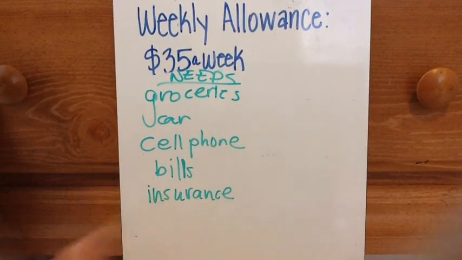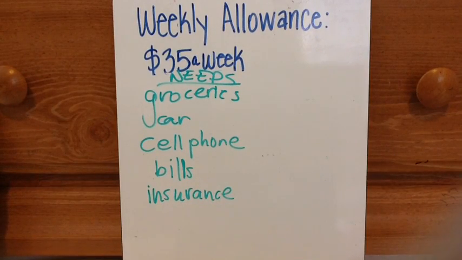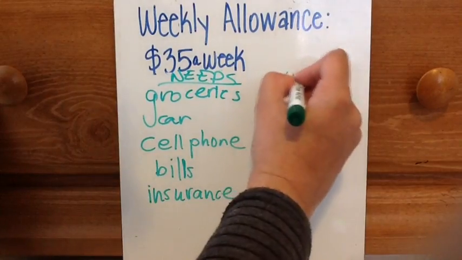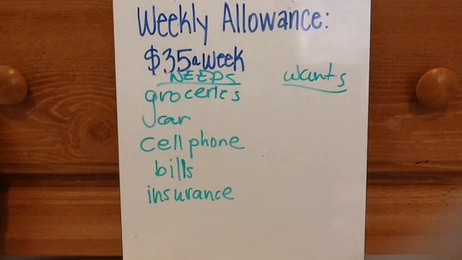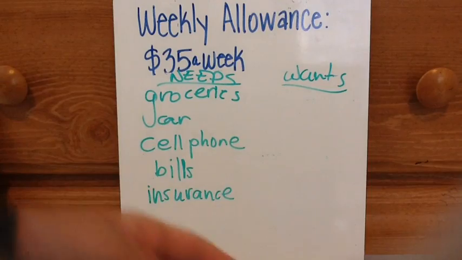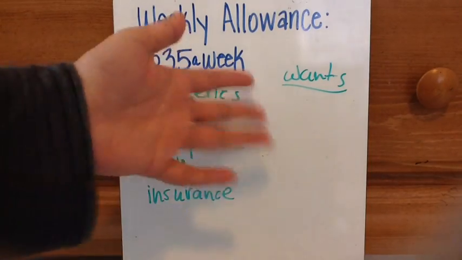Those are just some of the things that I have to put money aside for. Like if I take my paycheck and I put away my savings and my sharing amount and now I use the rest for needs and wants,